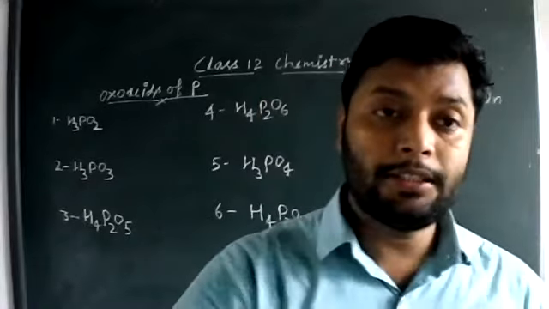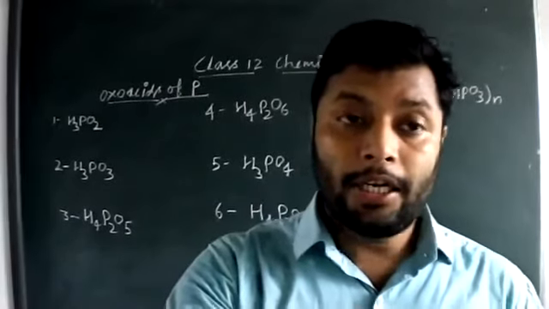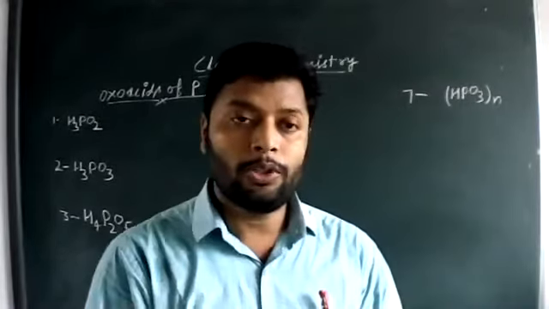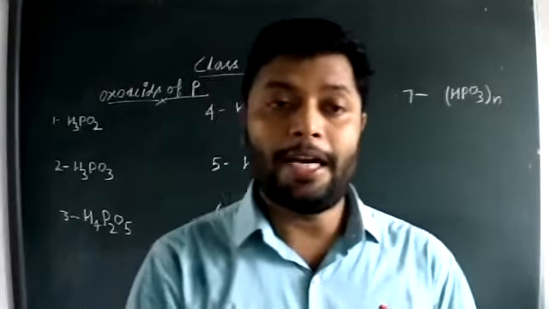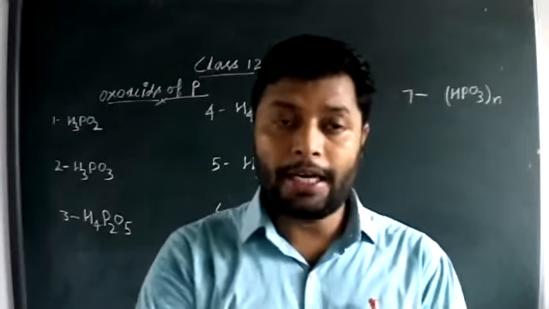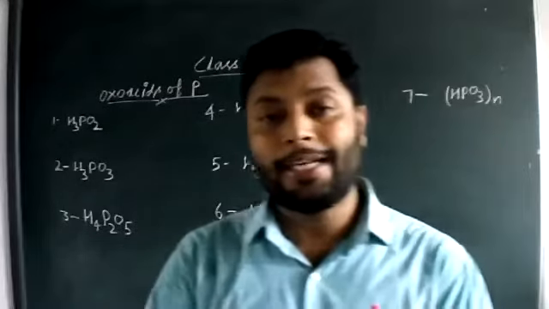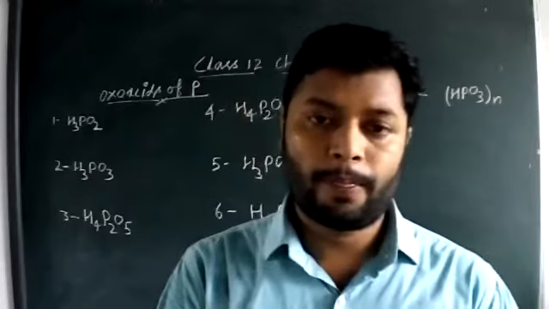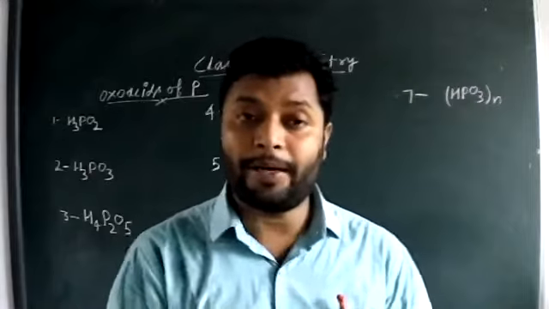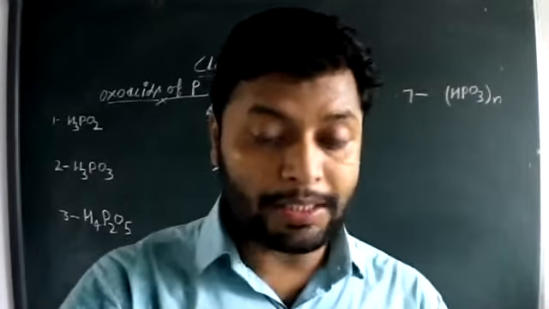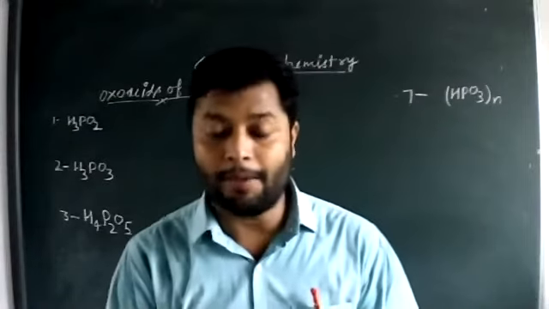So the important thing is this table actually consists of the different formulas and their structures, along with how to know which of the oxoacids of phosphorus will be more basic and have a reducing nature. How to know which oxoacid of phosphorus has a tendency to disproportionate. So regarding all this, we have to learn table number 7.5 with all the structures given in figure 7.4. Then we'll start the group 16 elements, the oxygen family.